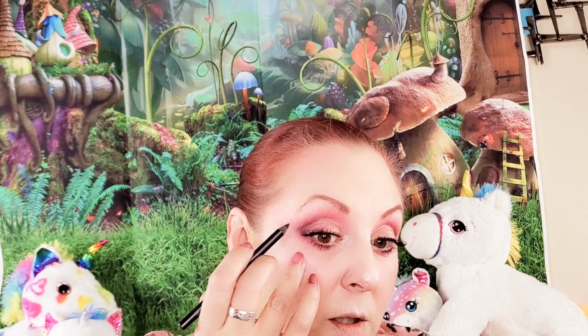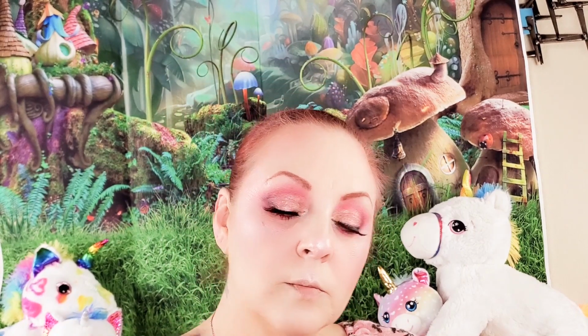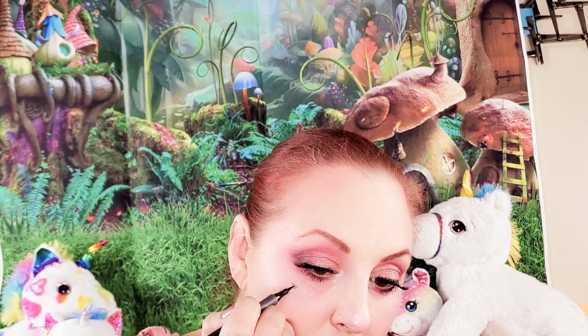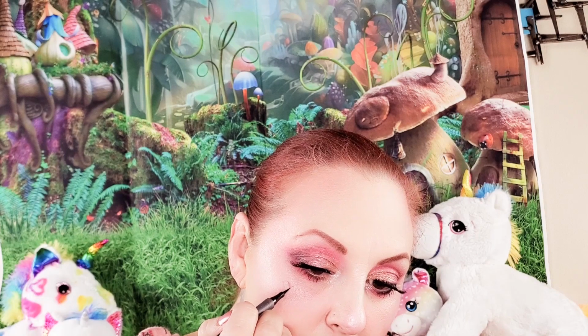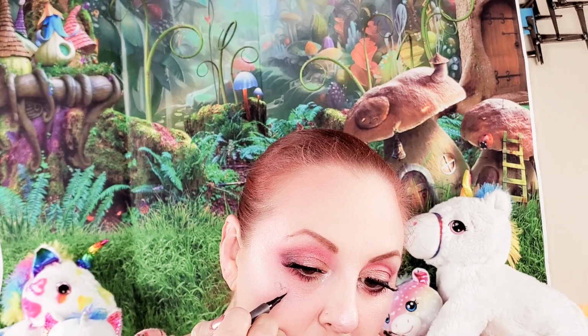Alright, now for a little bit of fun before we do the lips. I'm going to draw a little heart on my face because Valentine's Day. So I'm taking my unique black pencil and I think I'm going to do it on this side right here. That's actually not a fine enough tip, so I'm going to go in with a liquid liner. And I'm just going to start by making a little V. And of course, I don't have enough ink left in this liquid liner. But really, it's just to make the outline, because what I'm going to do is go in with a brush,